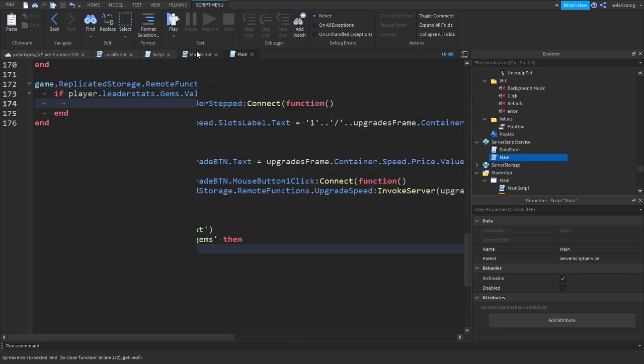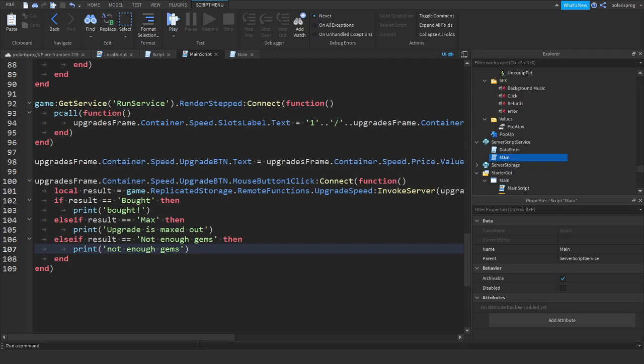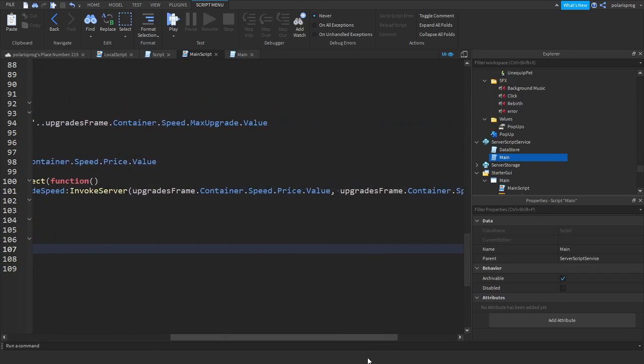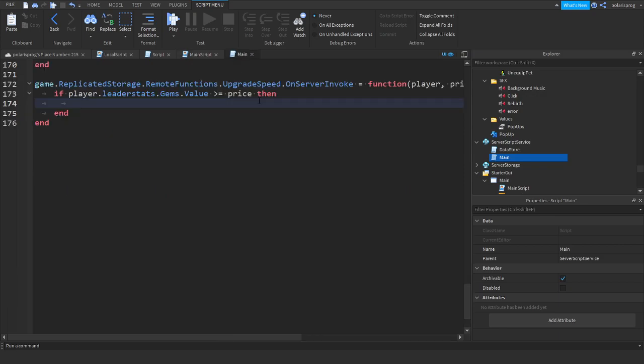then, and also in here in your main script, did we send the value or just the, yes, we sent the value, so that's good. Then price, then we're gonna give the player some speed, so player.Character.Humanoid.WalkSpeed plus equal to 1, or maybe 2 or 3, I don't know. What we'll be doing now is put an else if